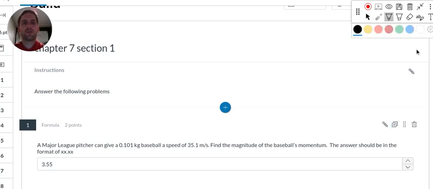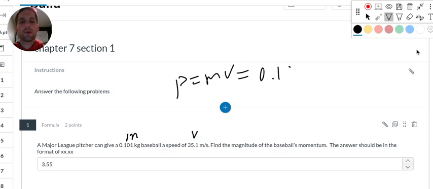For this video, I'll try to go through this assignment, Chapter 7, Section 1. So the first part is a major league pitcher pitching this baseball with a mass of .101 and this speed, or velocity in this case, of 35.1. We're going to use P equals mv, and solving this, we'll do .101 times 35.1, and we'll get